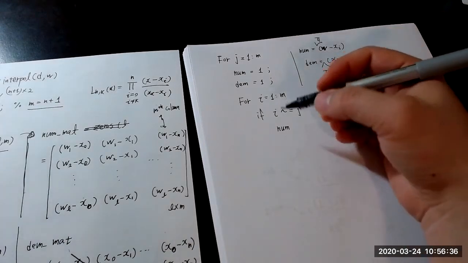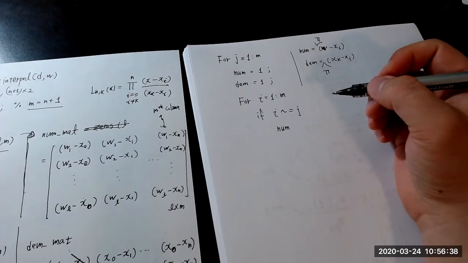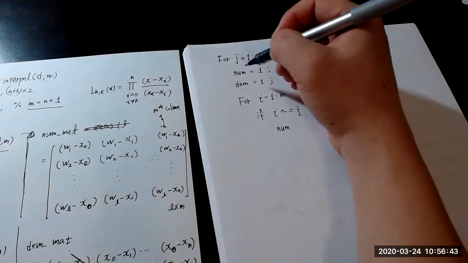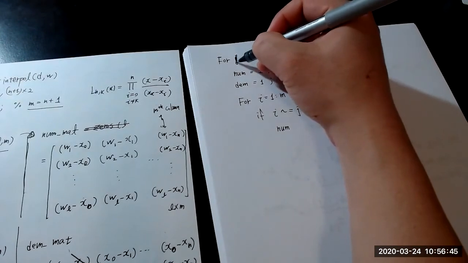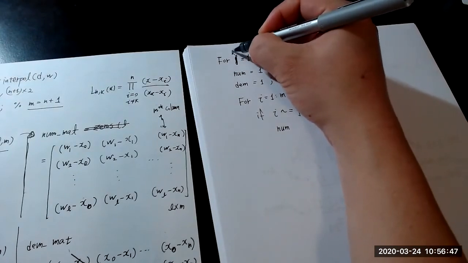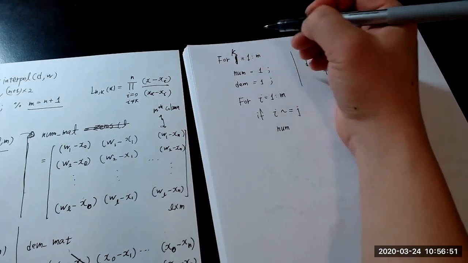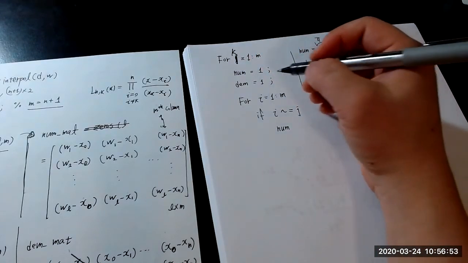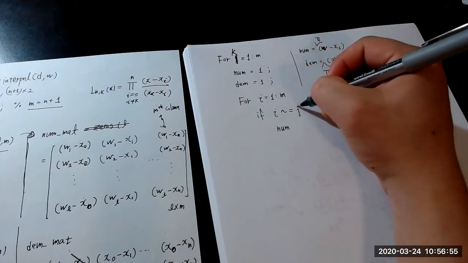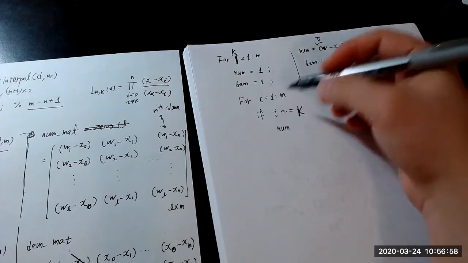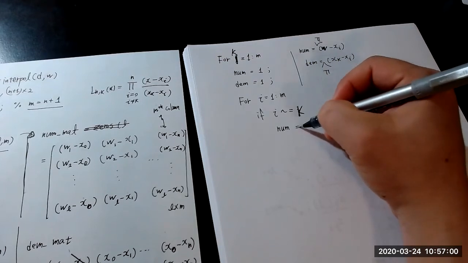Yeah, let me use k instead of j, to better understand. Okay, k, and if i is not equal to k, num is equal to, let me see,